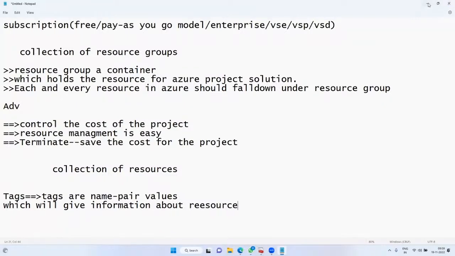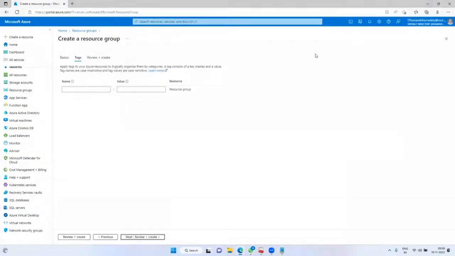Same way, if I am a new joiner in the organization, by looking at these tags I can easily understand, oh, this resource group belongs to that one. Okay, this is the service, this is the production environment, this is the owner. Like that I can understand it. So tags are very important.